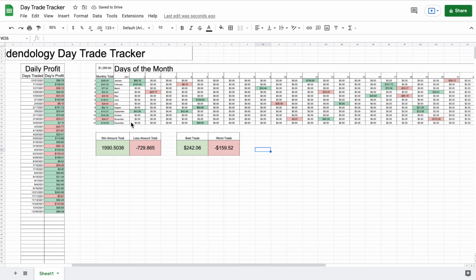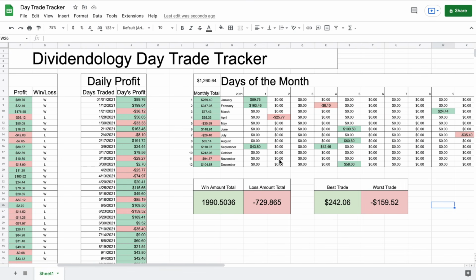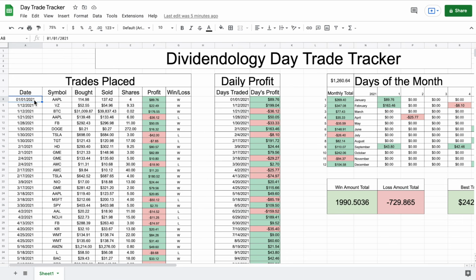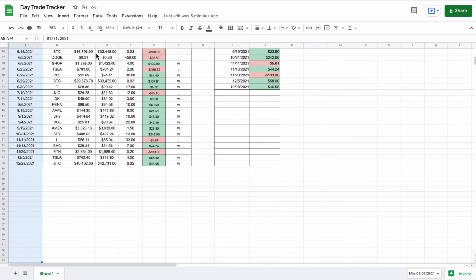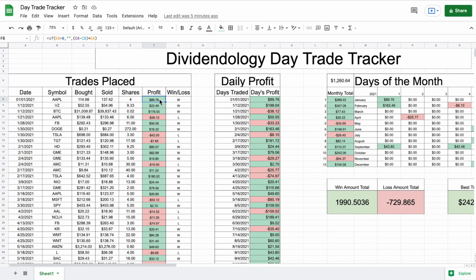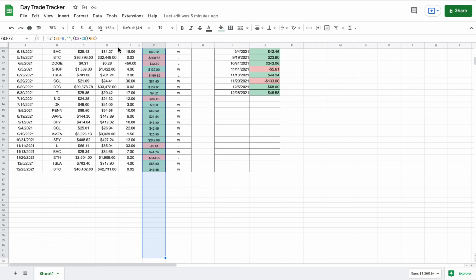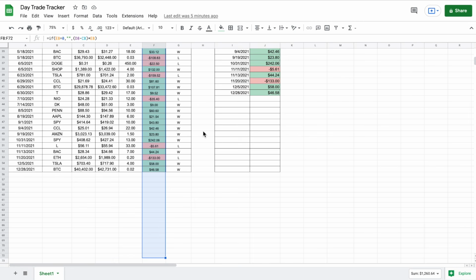So if we zoom out here, we can see that our day trade tracker is really starting to come together. We've got most of the more complicated things in there already. So the only thing left that I actually want to add to this area is an individual trade profitability chart. So what I'm going to do is select all these dates here, and then select the profit here. And again, I'm going to scroll below so it'll be automated